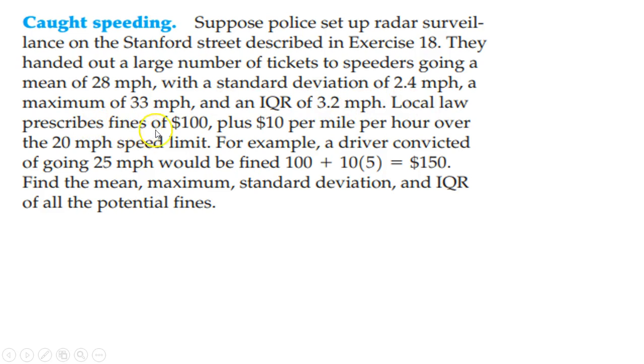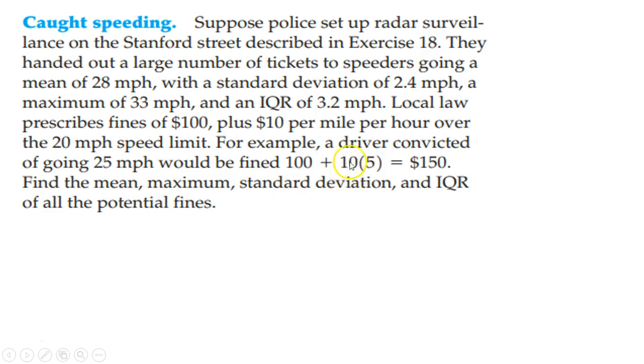Local law prescribes fines of $100 plus $10 per mile. Now, that word per mile, all right, and here's the example of miles per hour over the 20 mile per hour mark. So for example, a driver convicted of going 25 would be fined the 100 base, but they went 5 over. So 5 over times the 10. So it says find the new mean,